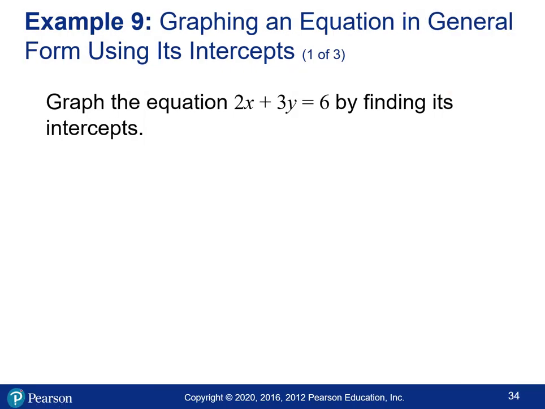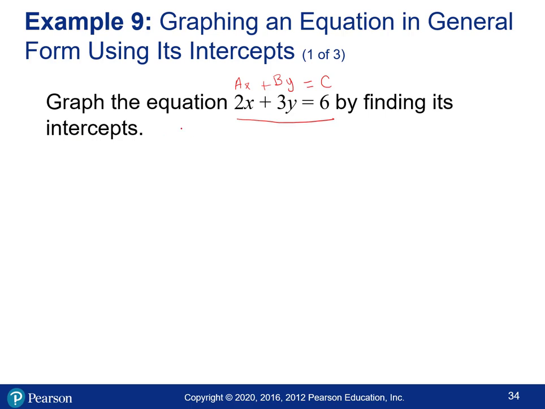Okay, so let's do this example. Graph this equation by finding its intercepts. Notice that this is in general form. We have ax, where a is 2, plus by, where b is 3, equals c, where c is 6. As you recall, hopefully, from the previous time we talked about intercepts in another video,